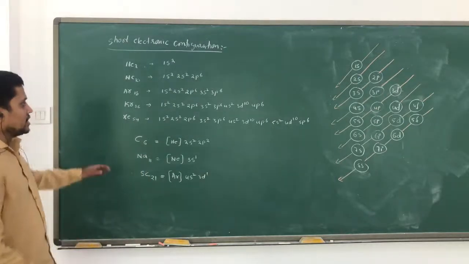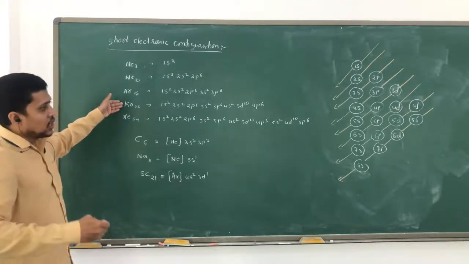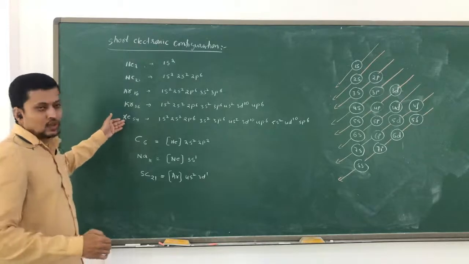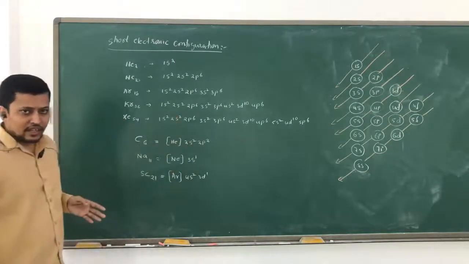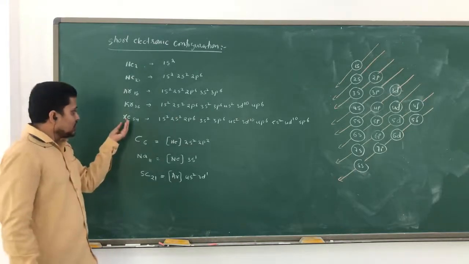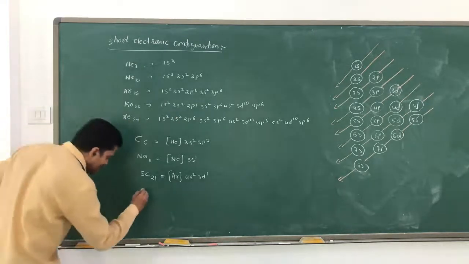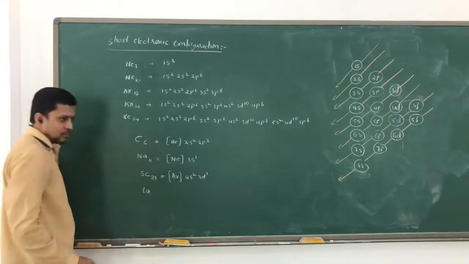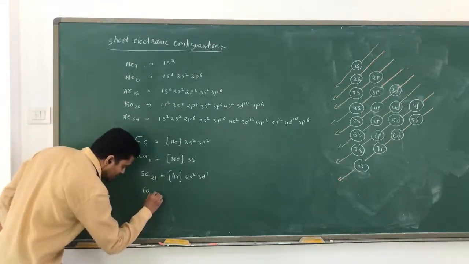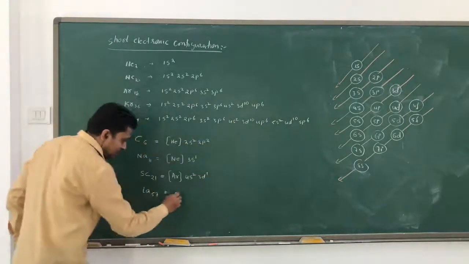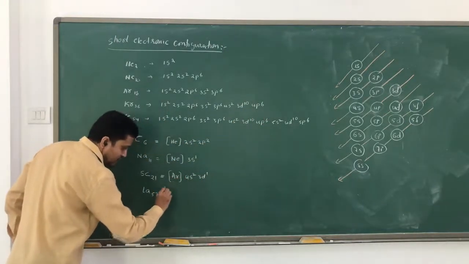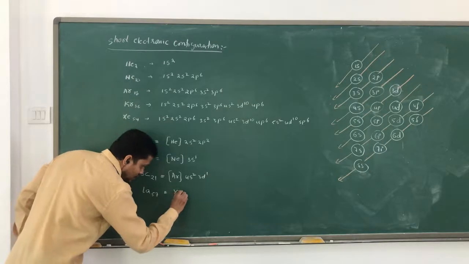So in that order, even after krypton, a long element like xenon we can also take, and we can write the electronic configuration of any other element. Remember, if I have xenon, suppose after xenon I take one example, lanthanum. Lanthanum has atomic number 57. Till 54 we have 5p6, so for xenon we simply have to add it.